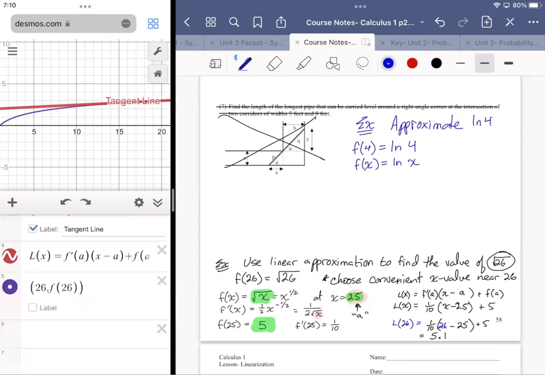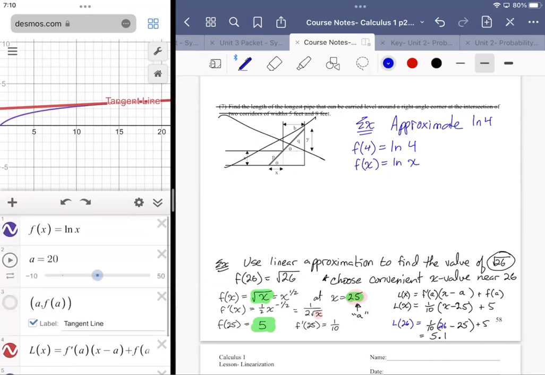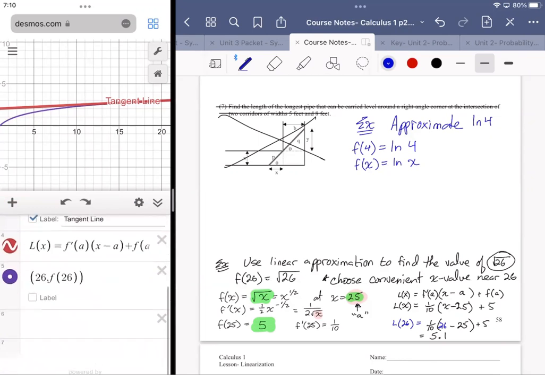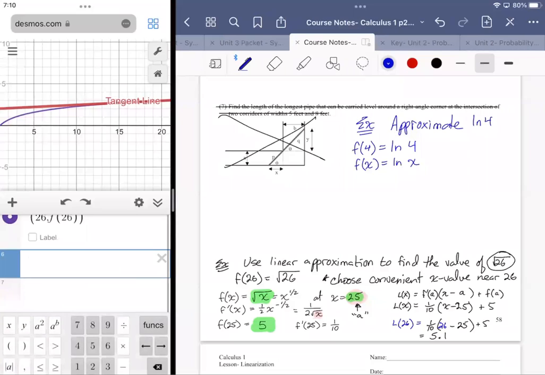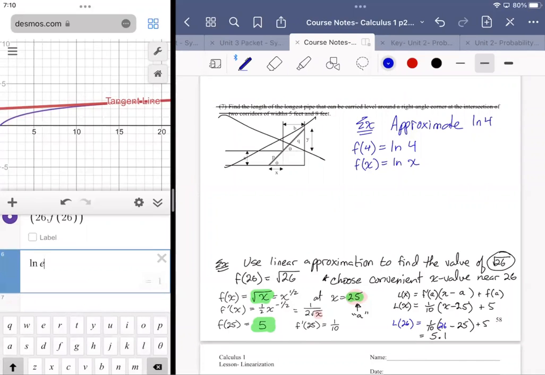So that would be pretty good. But the other nice numbers actually don't show up in the table, because e is a really nice number when it comes to a natural log, right? So for example, if I find ln of e, the result is 1. But powers of e are really nice too